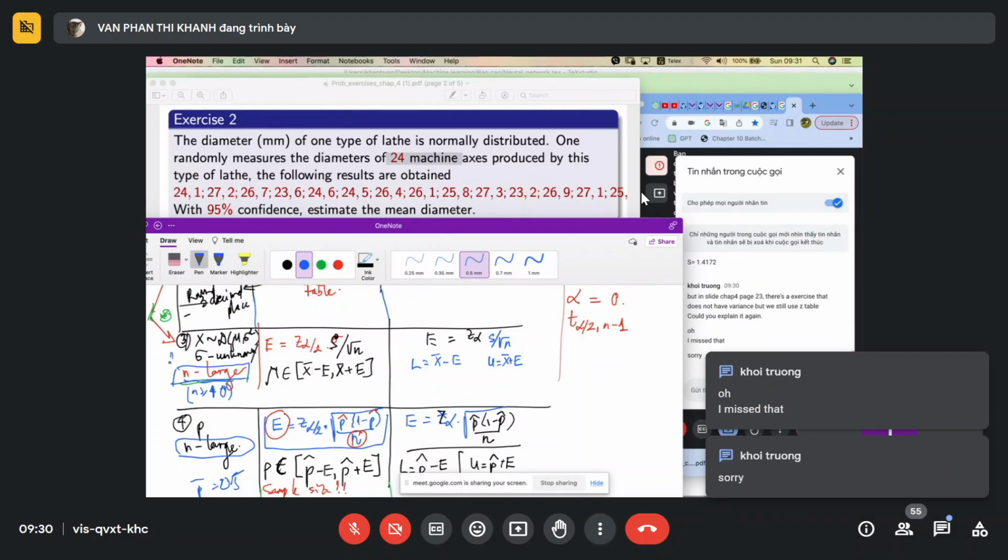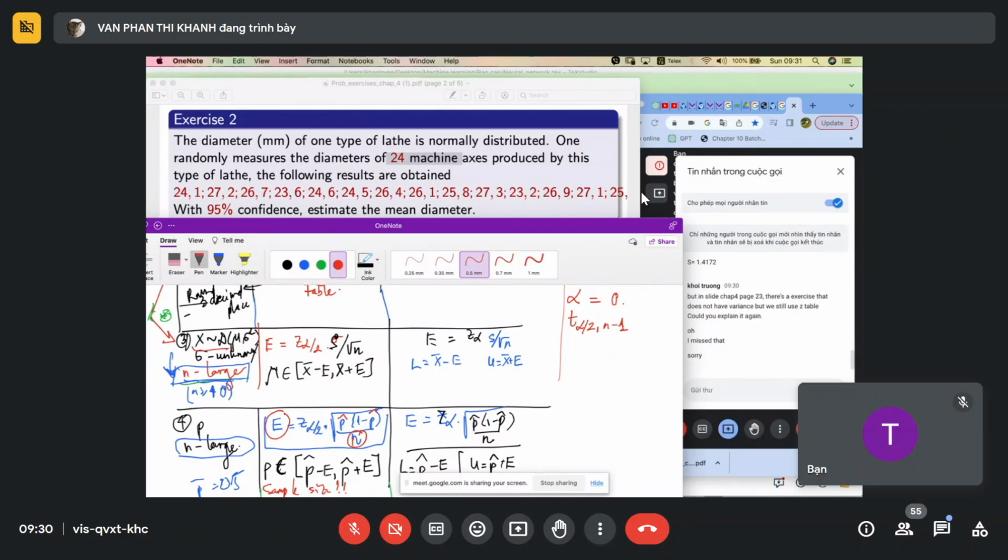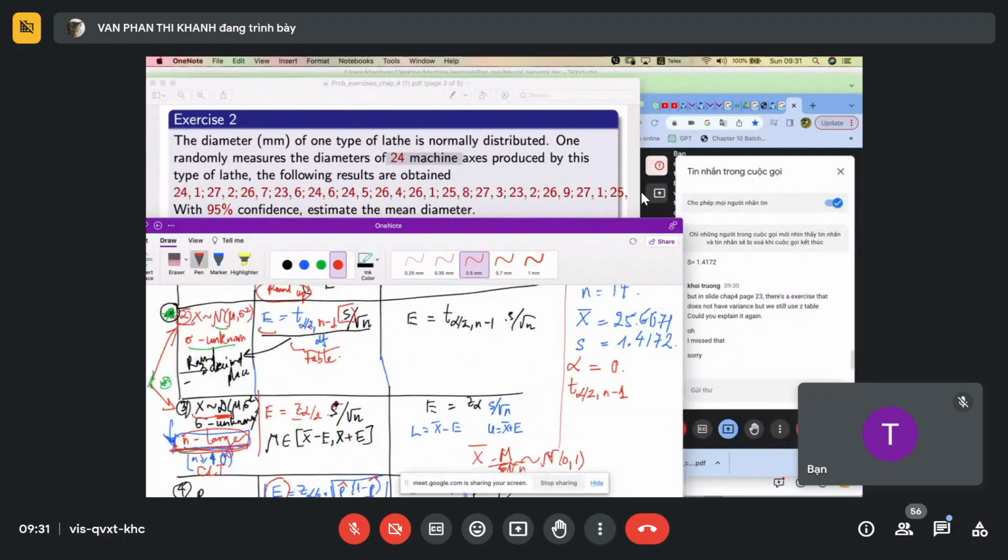Yes, the last case, the third case, means that here the distribution of X is not given, but n is a large number. So we use the central limit theorem. And then we use Z, we don't use T, because the central limit theorem approximates the variable x bar minus mu over sigma, or S, over square root of n by the standard normal. That's why we use Z. But in this case, even if n is a large number, for example, n is 100,